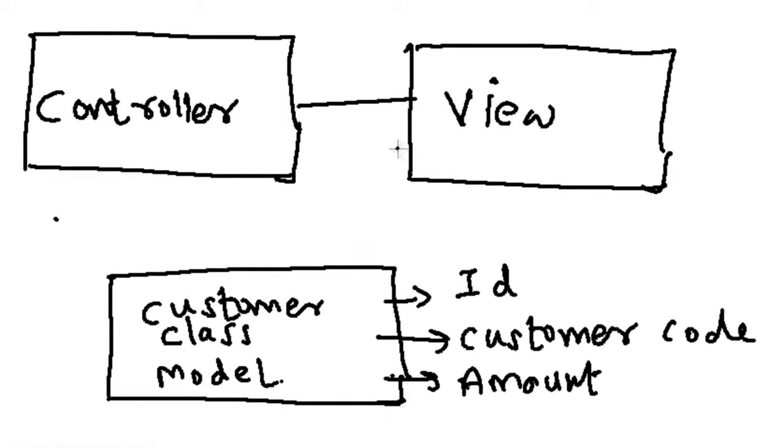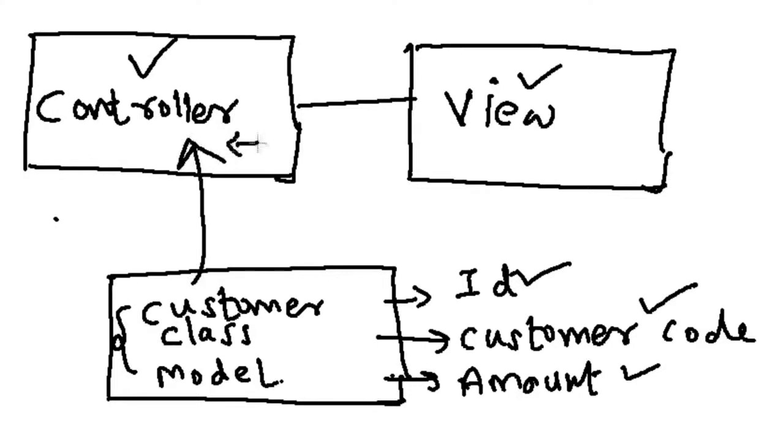In order to understand the model well, we'll create a simple controller, a simple view, and a class called Customer, which will have a customer ID property, a customer code property, and an amount property. Then we will create an object of this customer class in the controller, flourish it with some data, and pass this object to the view, and in the view we will display the values of the object. In other words, whatever values we have flourished in the controller, we'll display on the view, that is our ASPX page. So let's do the simple sample: create a customer class, create the object on the controller, flourish it with some dummy data, pass it to the view, and display the same.